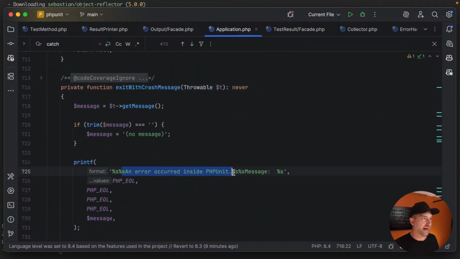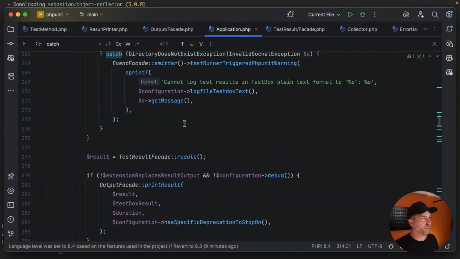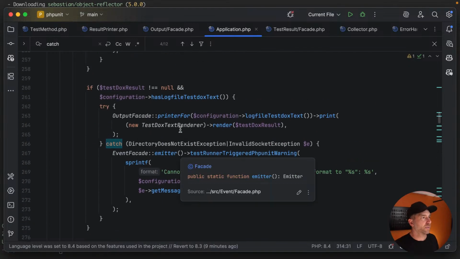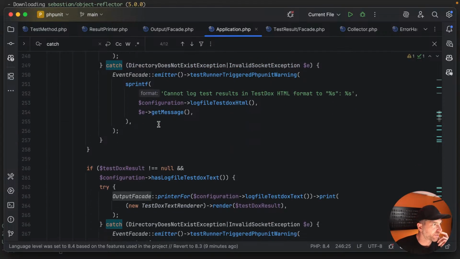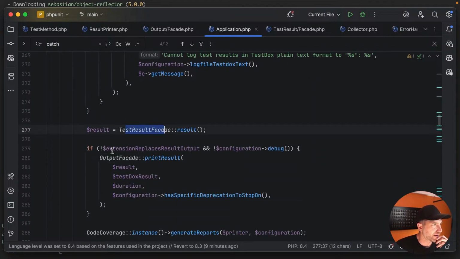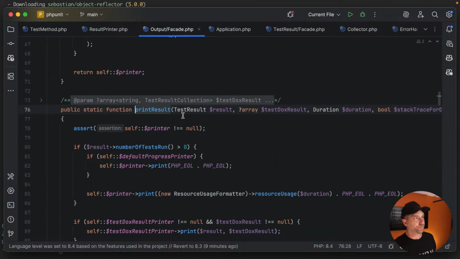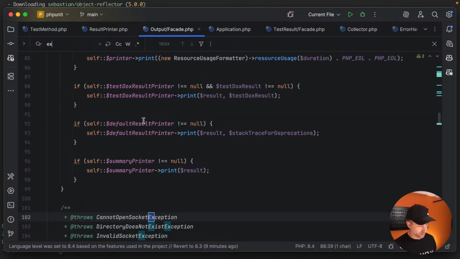I don't think... Yeah, see, we're not seeing an error occurred inside of it. We're seeing something else. So I think this output facade, not this one specifically, but one of these output facades is actually what's taking this result and printing it. I think somewhere in here,